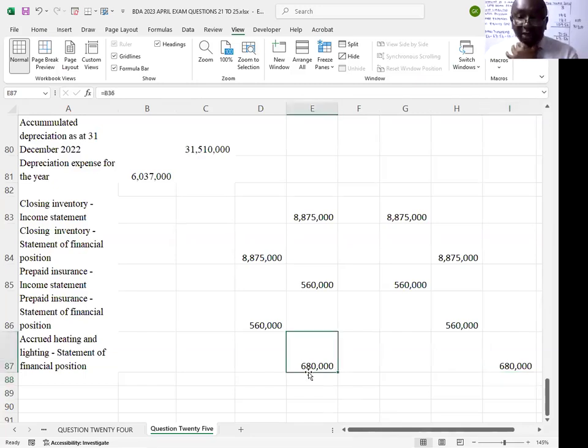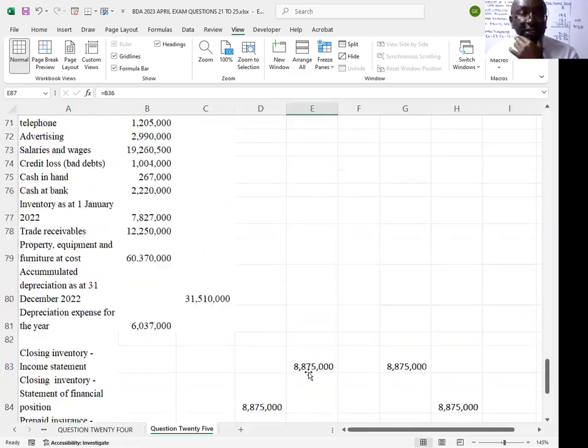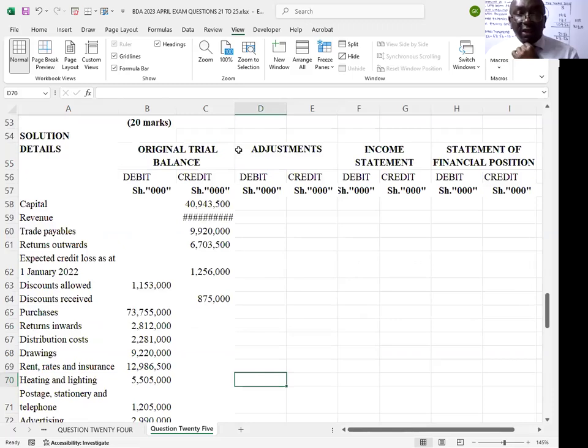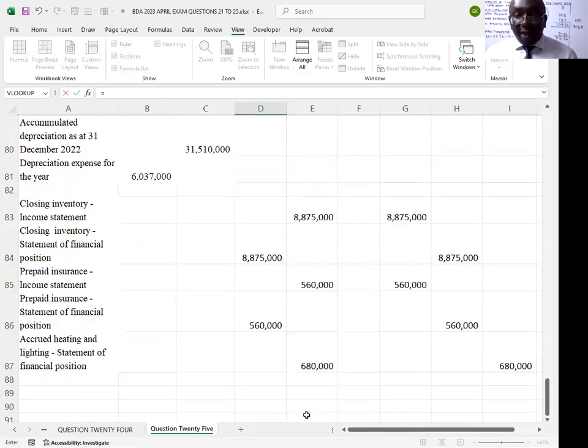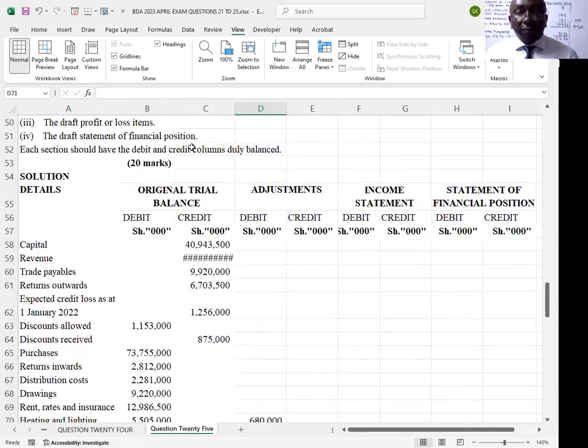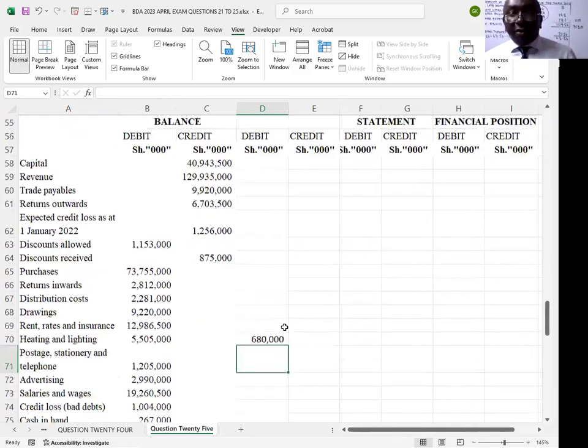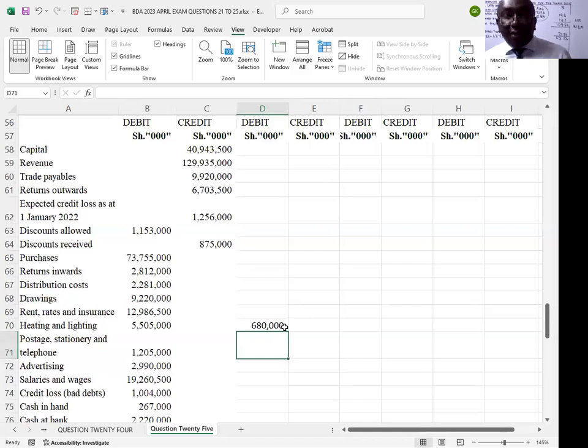Then this one that I have credited, I need to come and debit it in the heating and lighting. This one. I need to come and debit here. This is where my debit for the adjustment is. Equals, I come and take this amount. When I take that amount, I need to complete this. This is an expense. And I've said what will happen is that this expense will be added. So when I come here,